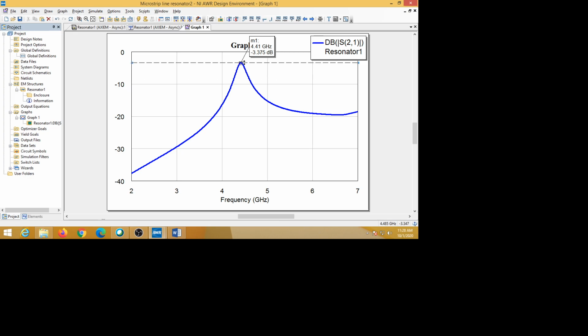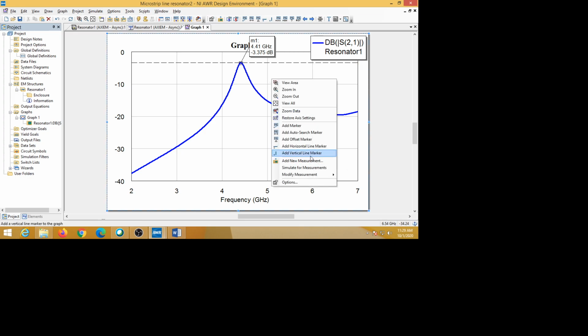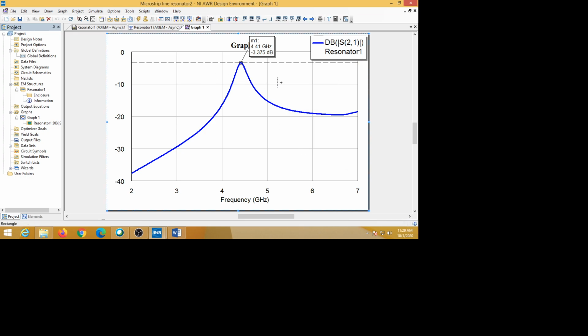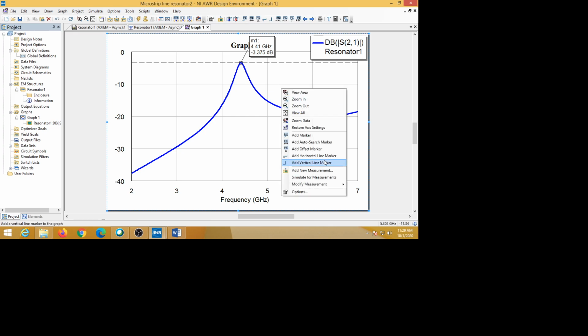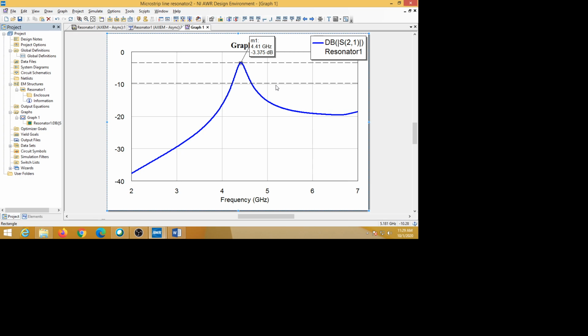This line is 3 dB down from here, minus 3 dB down from the peak, which is the 3 dB bandwidth. You come down by 3 dB, that means minus 6.375, so this line should be at minus 6.375.